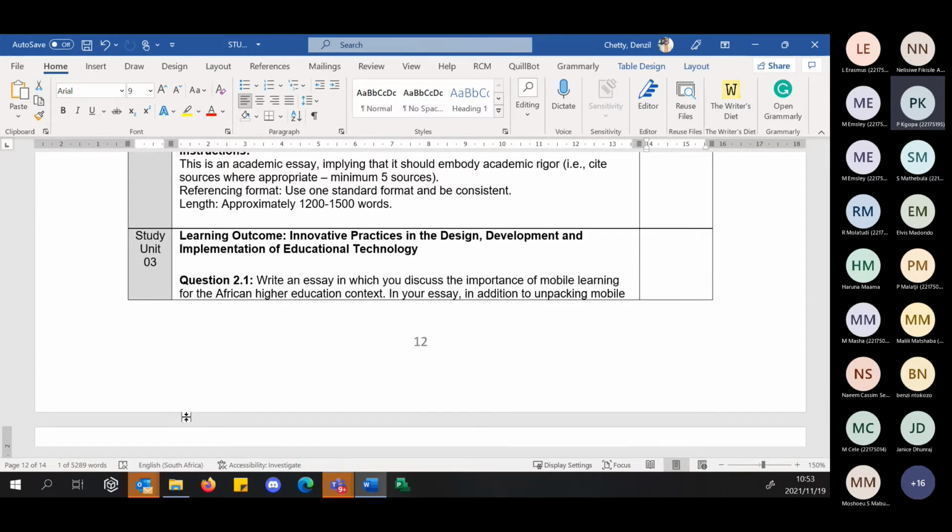Generally, I am not a very difficult marker, so as long as you give me what is required, and I can see the application and the critical thinking behind it, you would do fairly well with this module. And for those of you that have raised those critical issues, please put all that into your portfolio, because those are the kind of things that we have been thinking about right from the beginning, the critical elements. Even right at the outset when we spoke about access and things like that, throw all that into it, because those are the elements that we want to engage with.